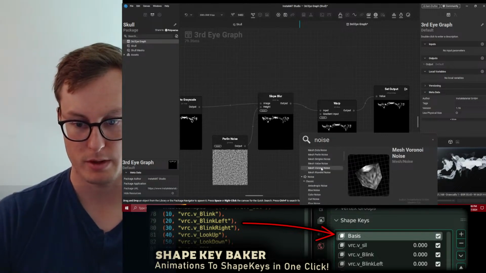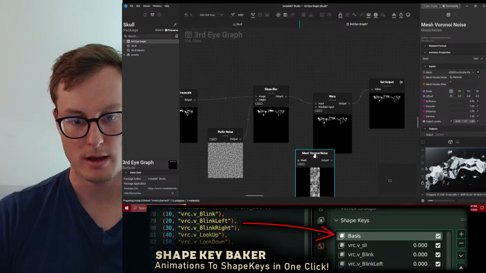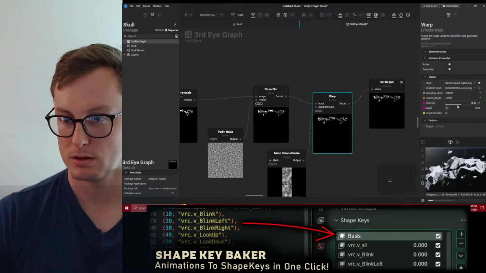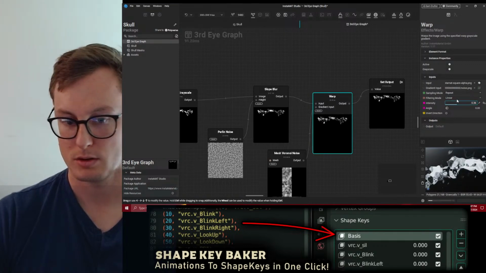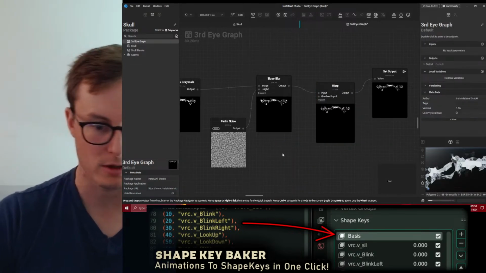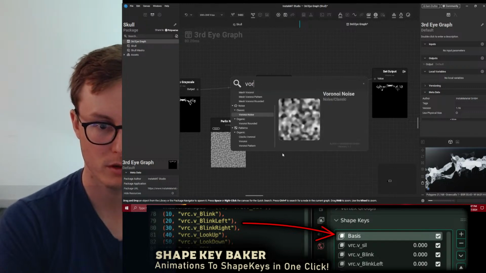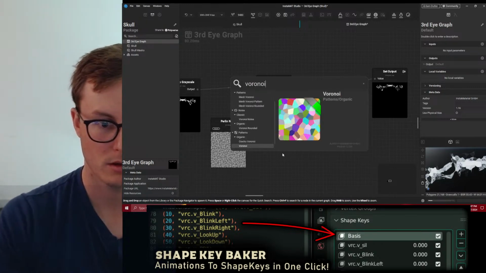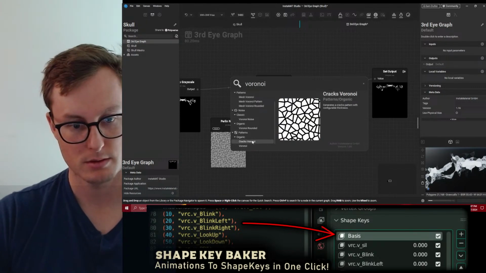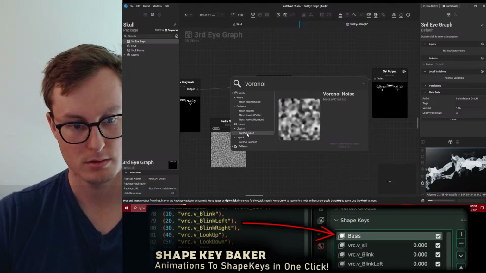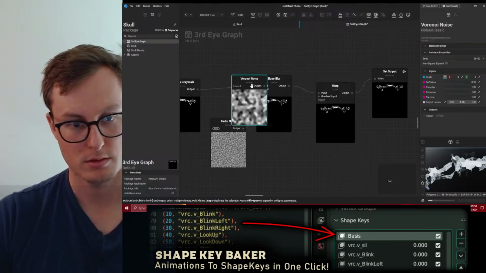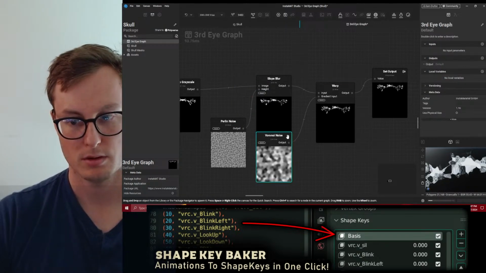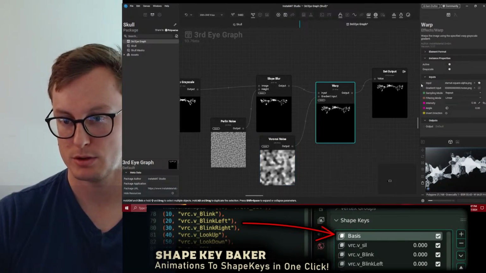Do a Voronoi. Of course, it does a mesh Voronoi. I just want a Voronoi noise. Classic, please. Not a mesh.